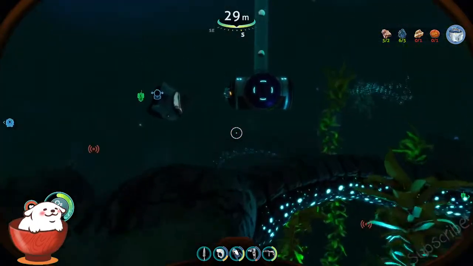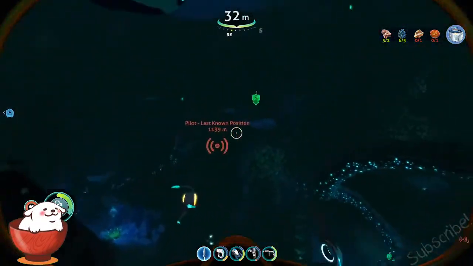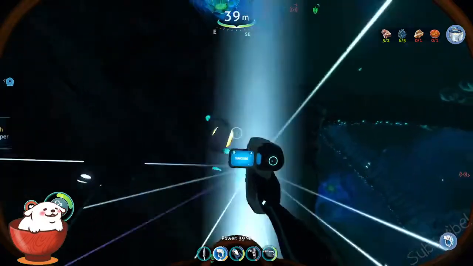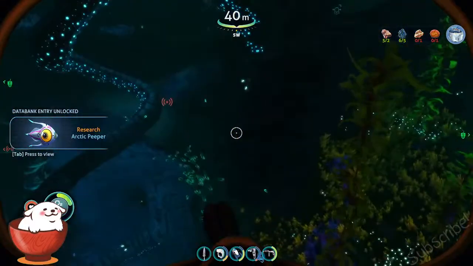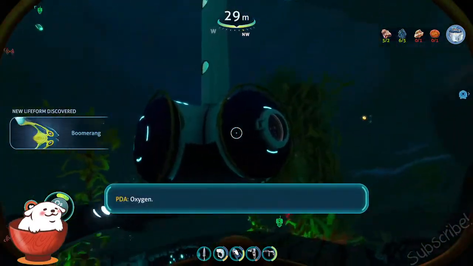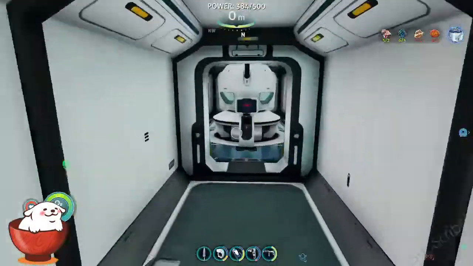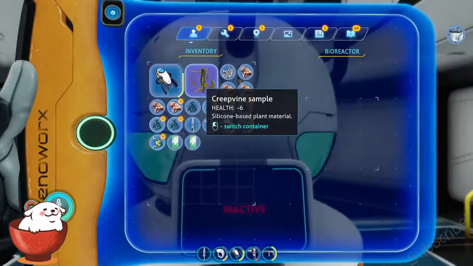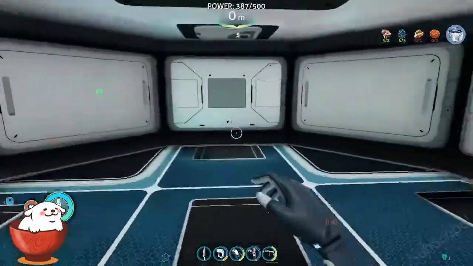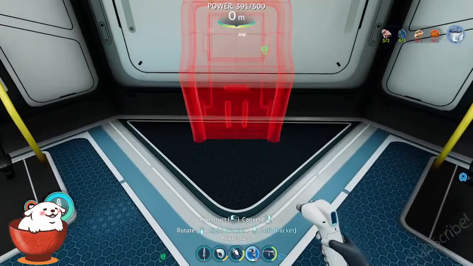Conveniently located. Peep. Peep. Let me scan you. You're all tentacly and stuff. You there. Sacrifice yourself to the power gods. Oxygen. We need power. Let's drop that in there. And you. And time to let there be